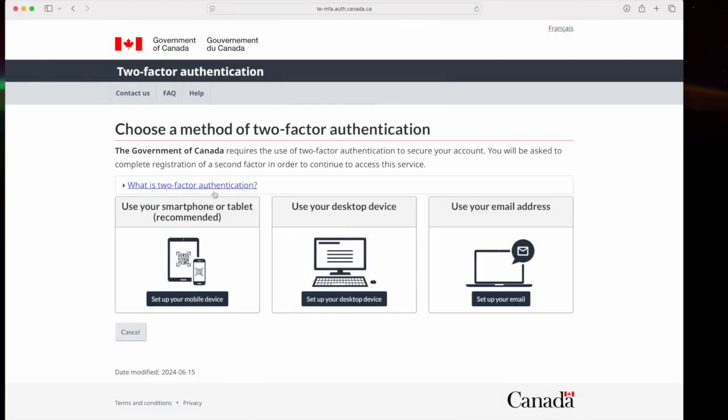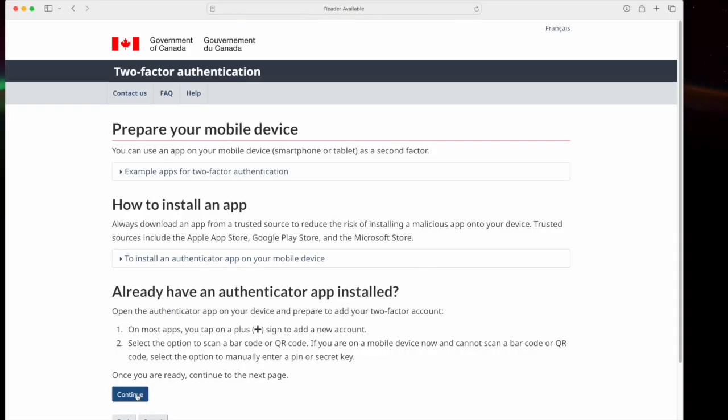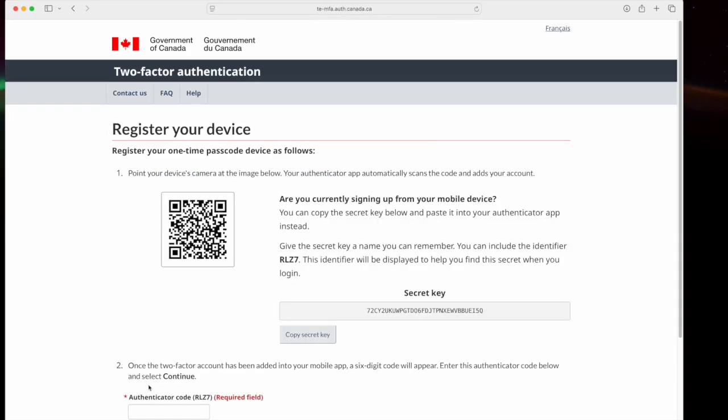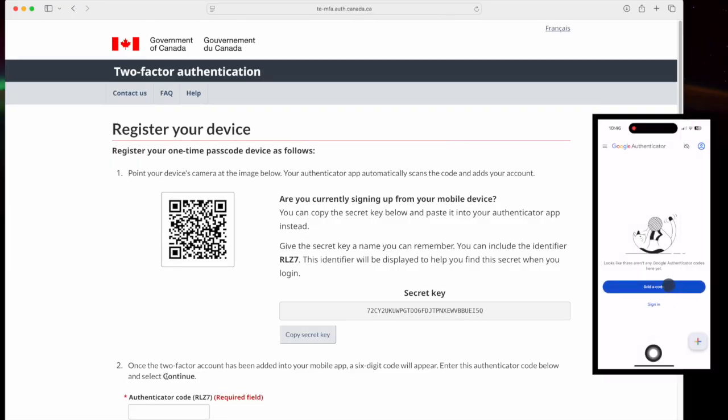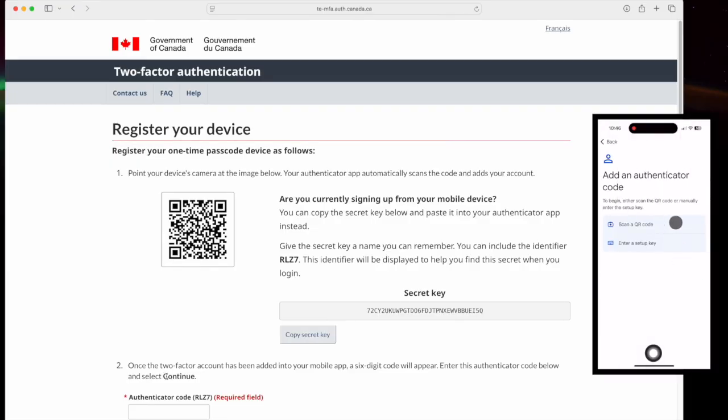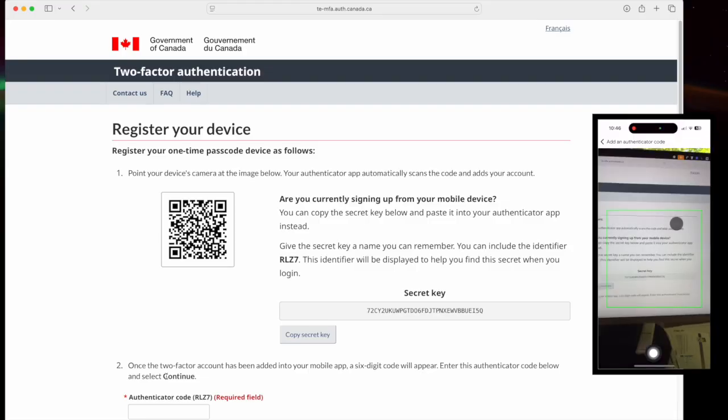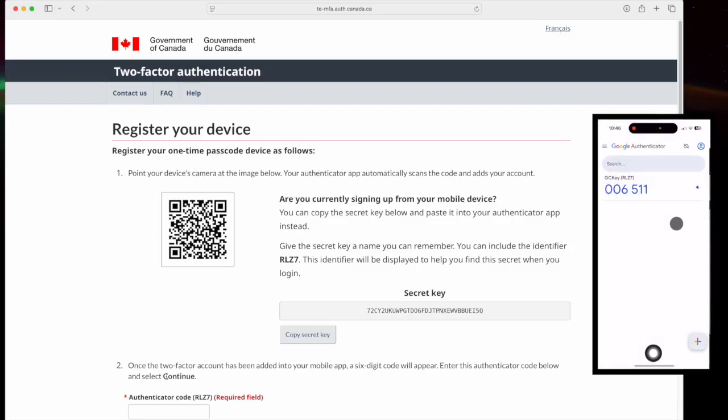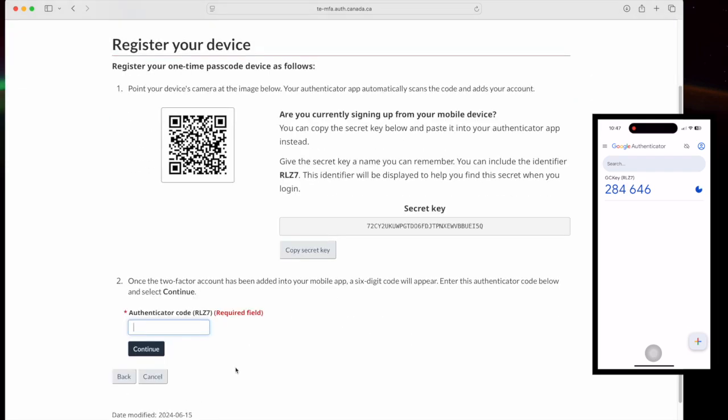If you are accessing the Register Device page from a device that does not have the Authenticator app, then you will need to scan the QR code into the Authenticator app. To do so, open your Authenticator app and invoke the scan function. Once you add the account, a 6-digit security code will appear in the Authenticator app. Now, you must return to the Register Device page in your web browser and enter the Authenticator code in the Authenticator code input field at the bottom of the page and press the Continue button.